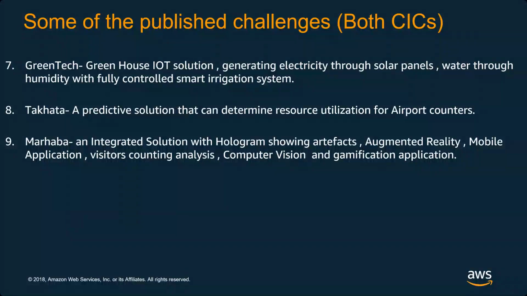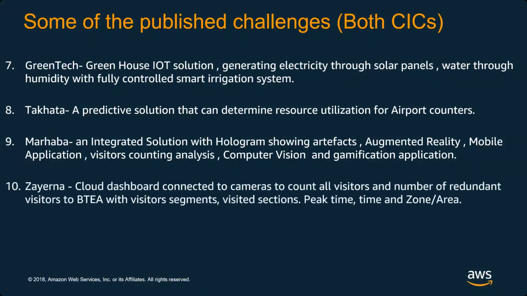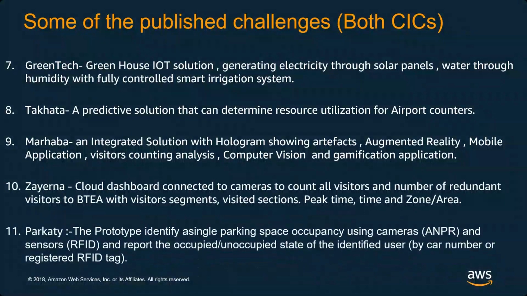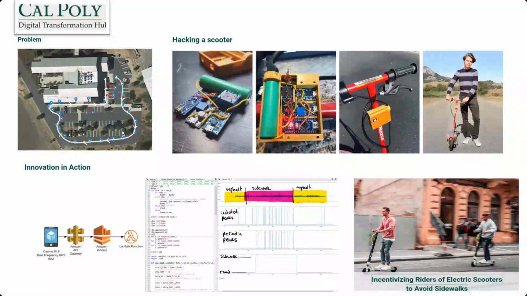So when you understand the problem from design thinking, you empathize, you define the problem. If you empathize and define the problem, you can ideate multiple solutions, then you can prototype and scale. So I'm stressing a lot to show you a lot of problems. Zayana is also one, parking is another one, and this is another one.